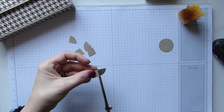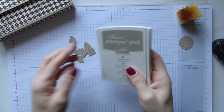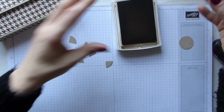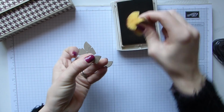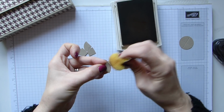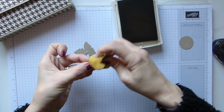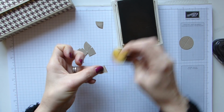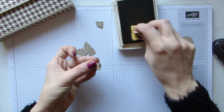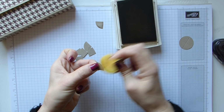and this is a little bit time consuming, so I shan't do all of this on camera, but you just grab your crumb cake, grab your sponge, and then simply sponge all around the edges. You do get inky fingers, I'm afraid. That is the one thing with this. So sponge all the edges, and then once you've done them all,